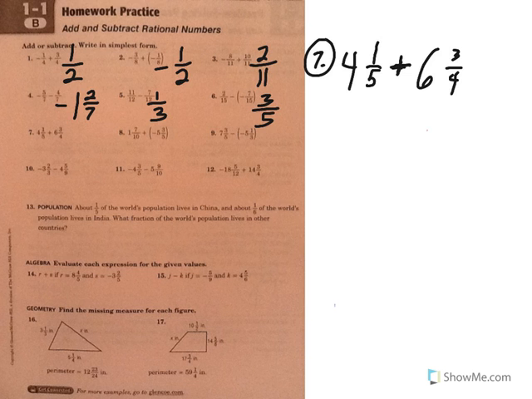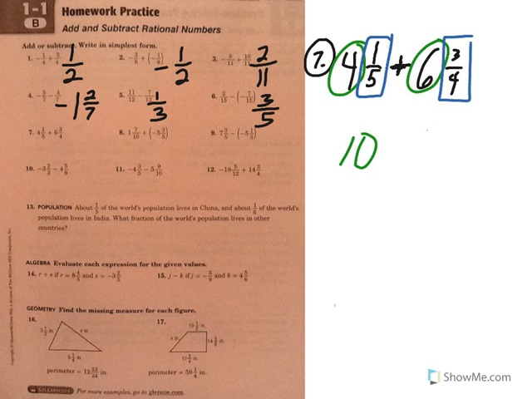So 4 and 1/5 plus 6 and 3/4. Let's go and add 6 and 4. Seems easy enough. Just 10. And then we're going to add 1/5 and 3/4. Of course, we need a common denominator here. So we're going to multiply by 4. We're going to multiply by 5,